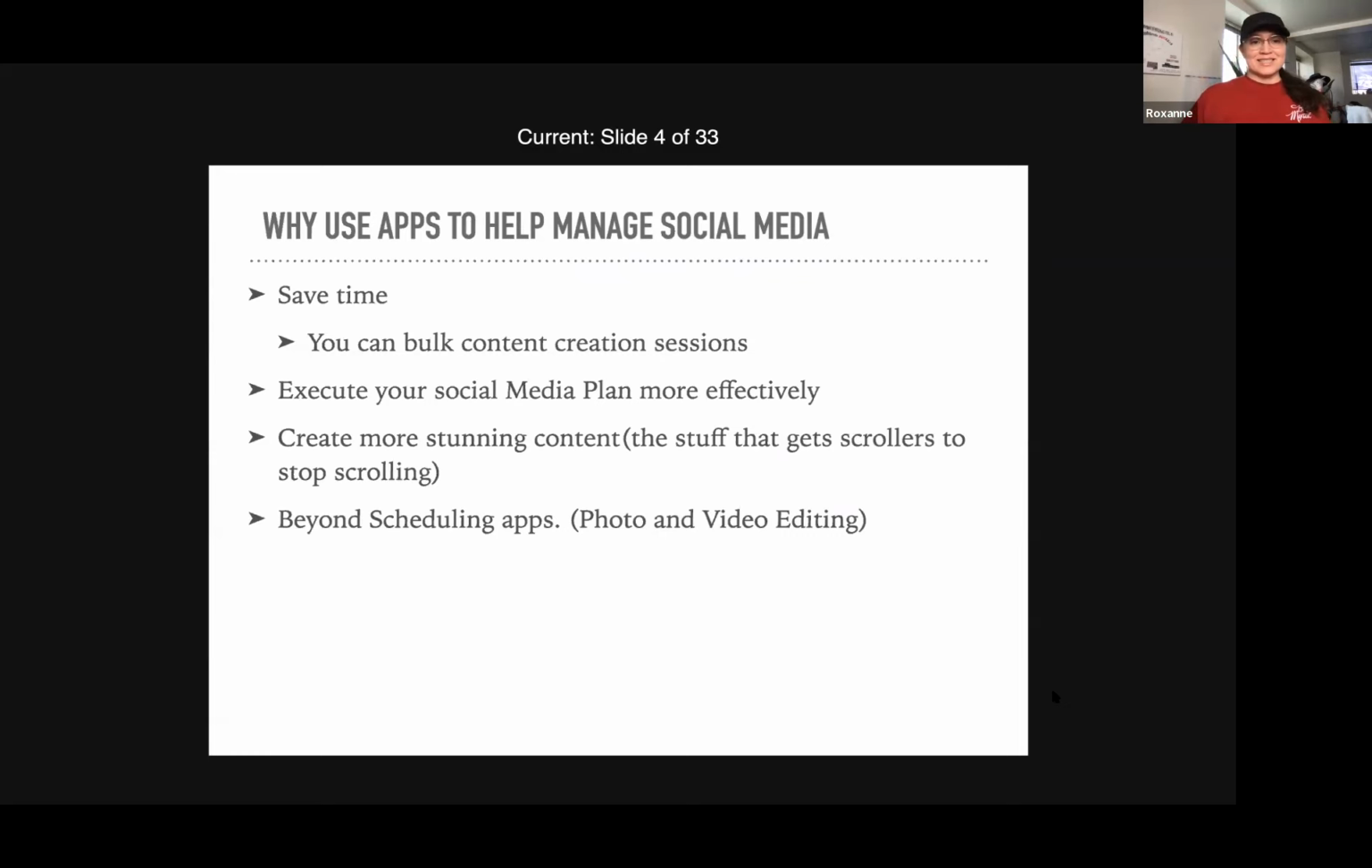So why use apps to help manage social media? The number one reason is it can save you so much time. If you are not really fast at creating content, you're not really fast at coming up with ideas, if it takes you a minute to get into that creative zone where you can create your social media content, then by sitting down and doing bulk content creation, you'll be able to get in the zone, stay in the zone, create your content for the week, for 2 weeks, or even just for the next couple of days, so that you're spending maybe 1 or 2 hours once a week to create content for that week,